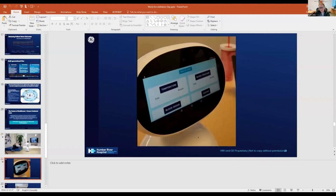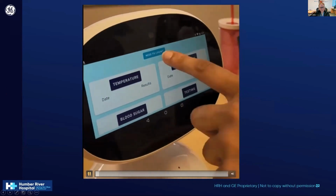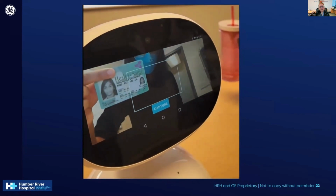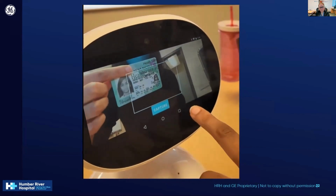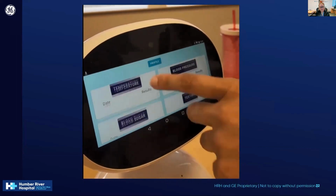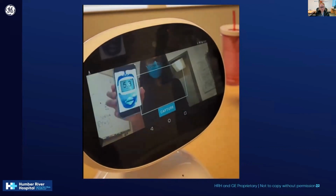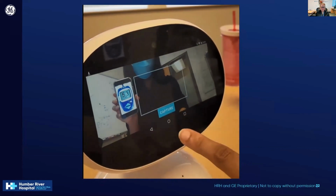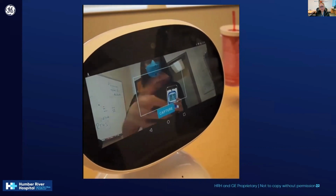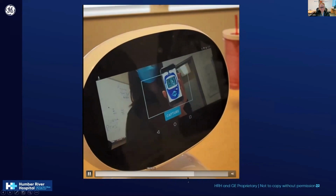And you won't necessarily be able to see it because this also was a video. But what happens here is that the patient is able to enter their data in. This is a diabetic patient that we're monitoring at home, able to show their health system, capture that, confirms that it is them. And then what she does is she wants to show her blood sugar for the day. So it's recorded in her record. It's recorded here. Were there a problem, we would know that and be able to reach out if proper action were not being taken, and she would be asked to show